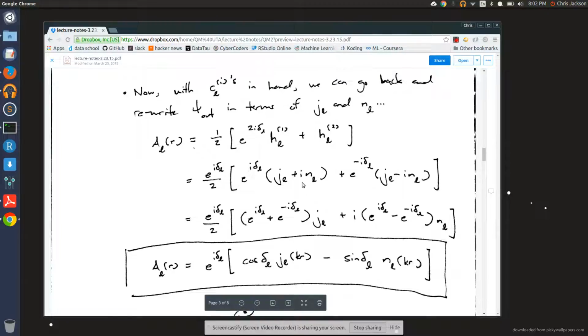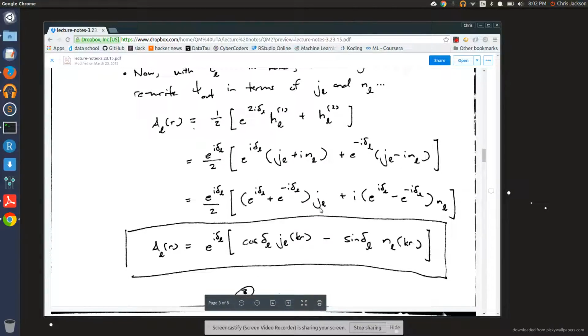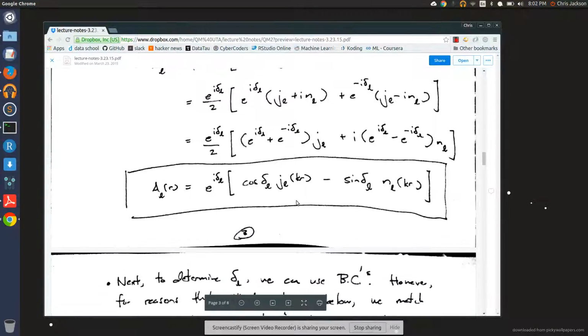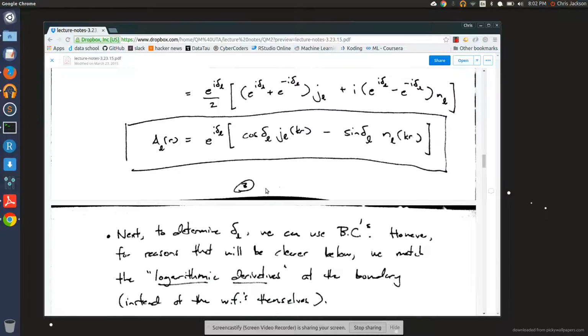So I plug those back in, and now when I multiply these out and combine like terms so that I have the spherical Bessel function and the spherical Neumann function, you look at these and you say, this is a cosine, right? And this is a sine. So in the end, we can write this radial piece of the wave function as e to the i delta_L, times this combination of different terms. Okay, so we've got our radial part of the wave function,